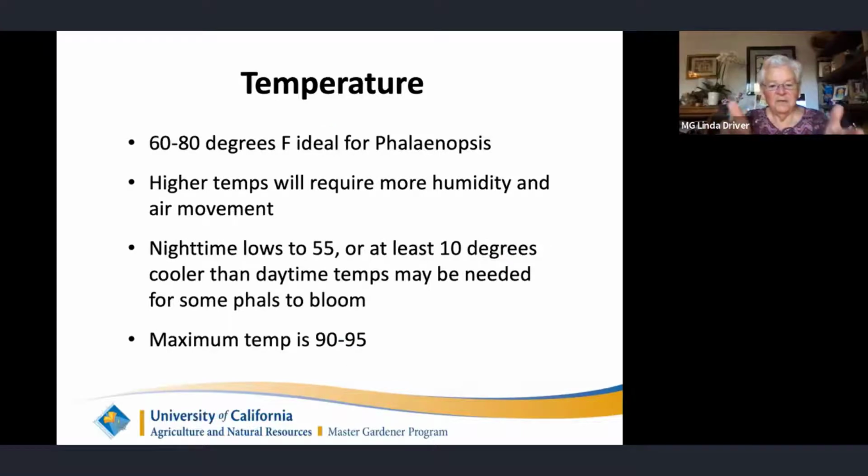Okay, so we've got the higher temps will require more humidity. One of the things that works really good, and I think we have a slide picture that shows an aluminum pan with some gravel in it to create moisture, humidity. And another thing that I found works really good is if you have a wider thing, they have